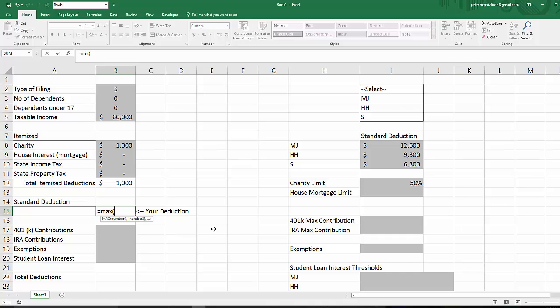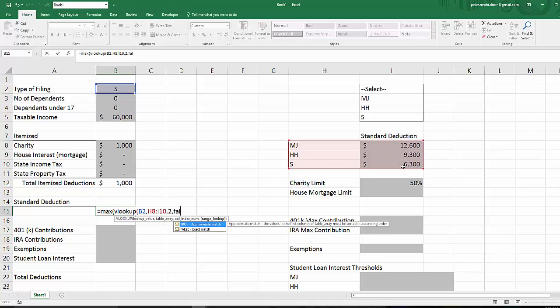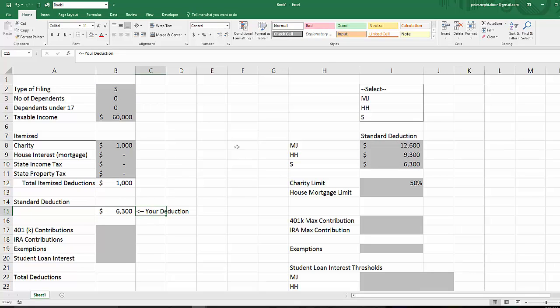And so the way we figure out our standard deduction is we're going to use a VLOOKUP command. And we're going to look up whatever our filing type is, and then the VLOOKUP command says find this value right here in this table, and bring back, once you find S in this table, whatever's in column 2, and then I put false to make sure it only brings back exact matches. So give me the max of that, which is going to give me my itemized deduction, and the max of your standard deduction, your itemized deduction. So in this case, you're better off taking